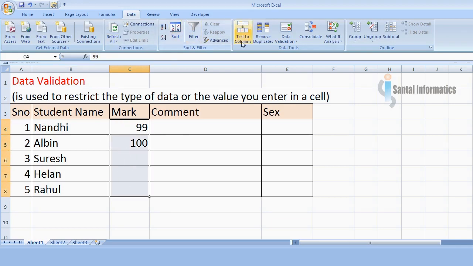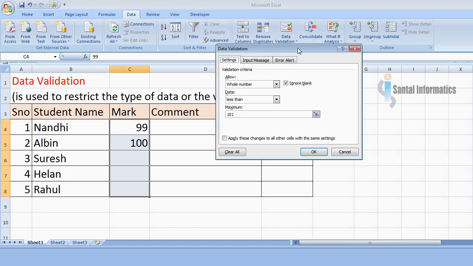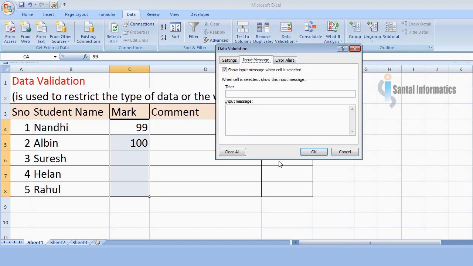Okay. Now select these cells. Again go to the data validation. Here see the second tab, input message. If you want to show a message once this cell is selected, then you can put the message here.